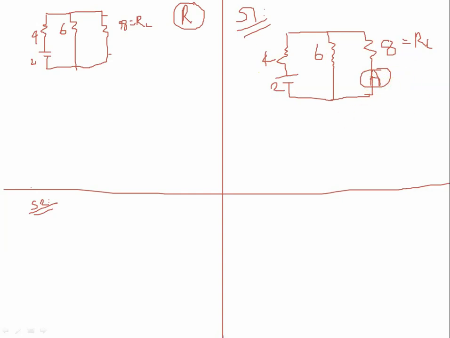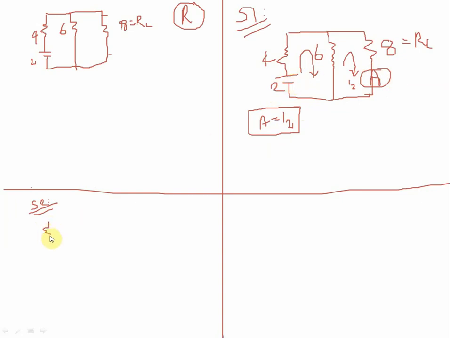Step number 2: interchange the ammeter and the voltage source. As usual, loop number 1 and loop number 2. The current I2 flows independently through the ammeter, so the ammeter reading equals I2. Find I2 using Kirchhoff's voltage law for loop 1 and loop 2, with I1 and I2. Before solving, let's draw step 2, where the voltage source and ammeter are interchanged.